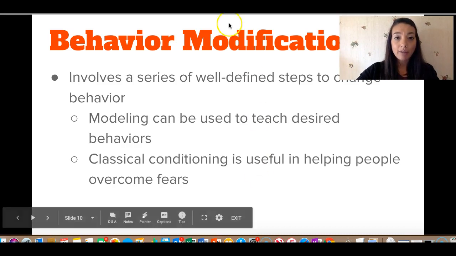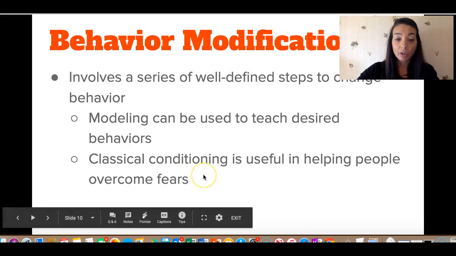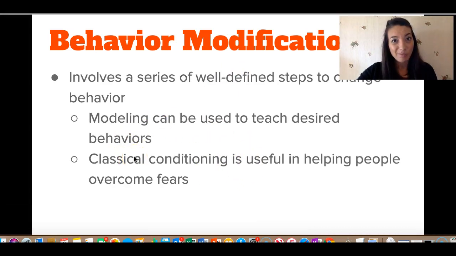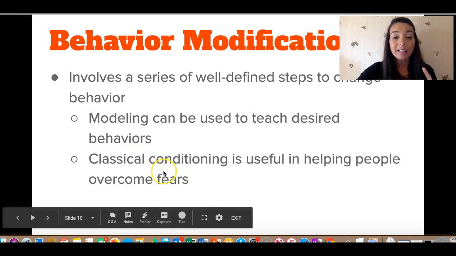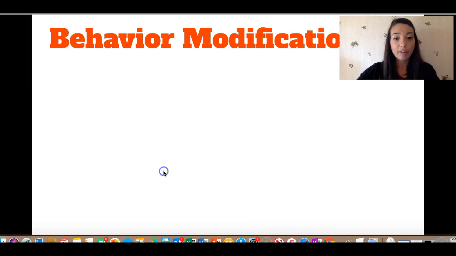So behavior modification plans are often used in classrooms. In therapy, you might see a behavior modification plan used, and within it you might see classical conditioning techniques used by the therapist to help somebody overcome their fears.